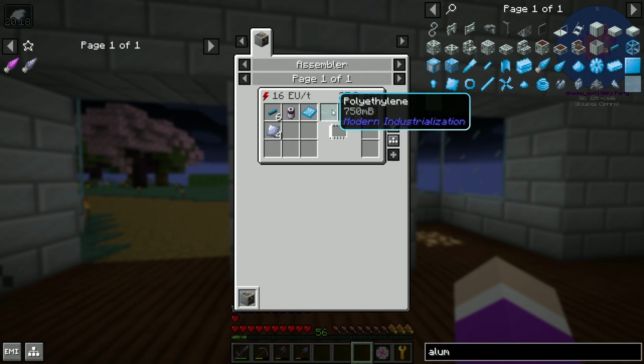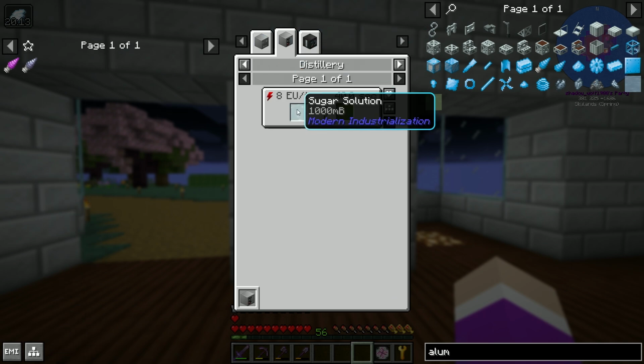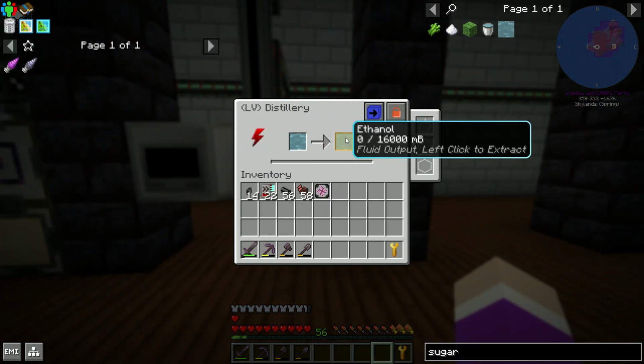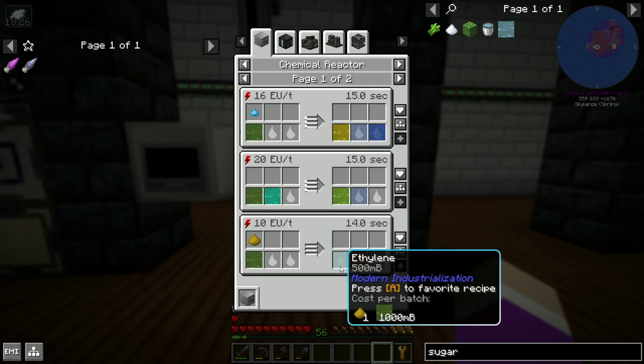So we just need a tiny bit of polyethylene, which means we need ethylene, which comes from ethanol, meaning we're going to have to set up a distillery with sugar solution. Yay! All right, so we are making sugar solution. Pump that up the way into the distillery, and that will make ethanol, and that needs to be combined with